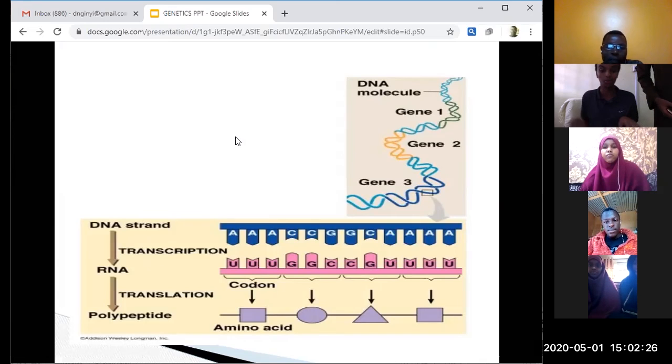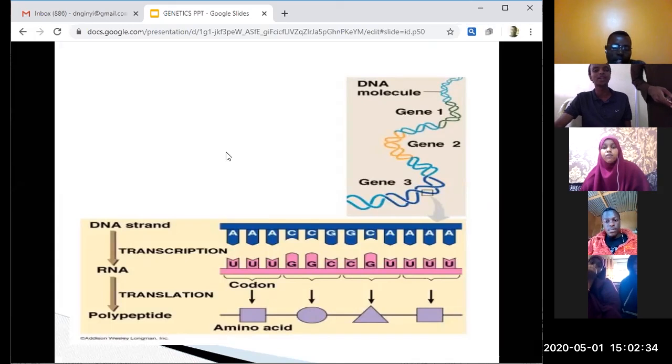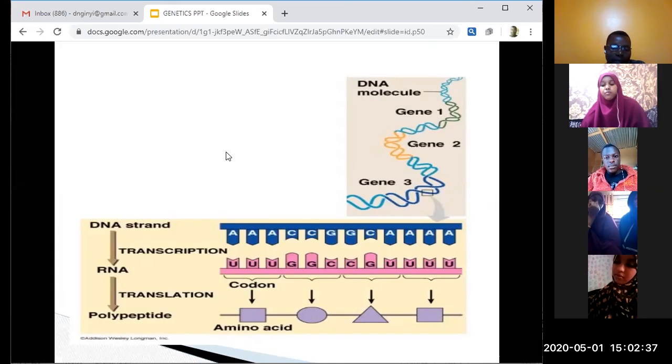So I hope where you sit, you now appreciate the role of DNA, the three roles of DNA: storage of genetic information, transfer of genetic information unchanged, and also that process of formation of proteins that determines the characteristics of organisms. The reason why I may have taken a lot of time in trying to explain what a gene is, is for you to be able to understand the inheritance, the transmission of characteristics from the parent to the offspring. You need first of all to understand the structure and function of the gene,